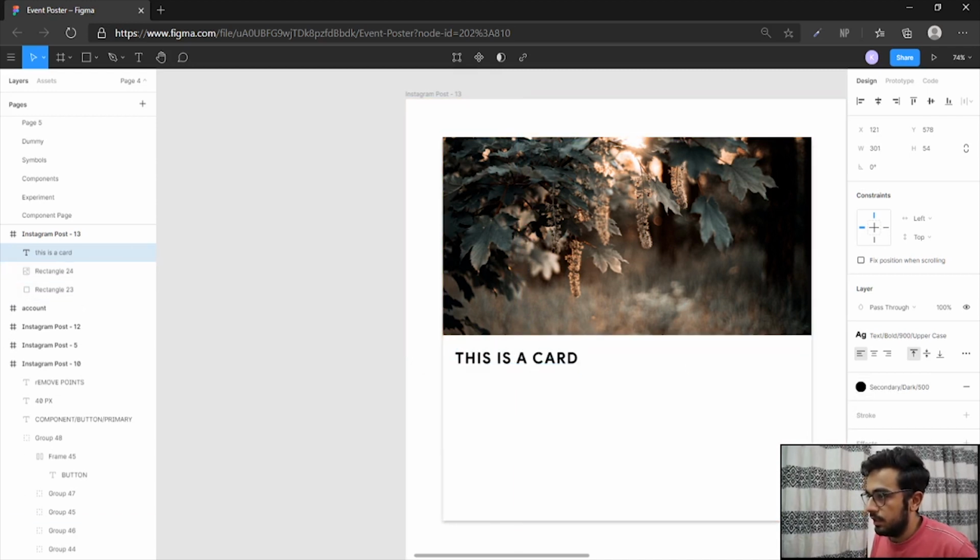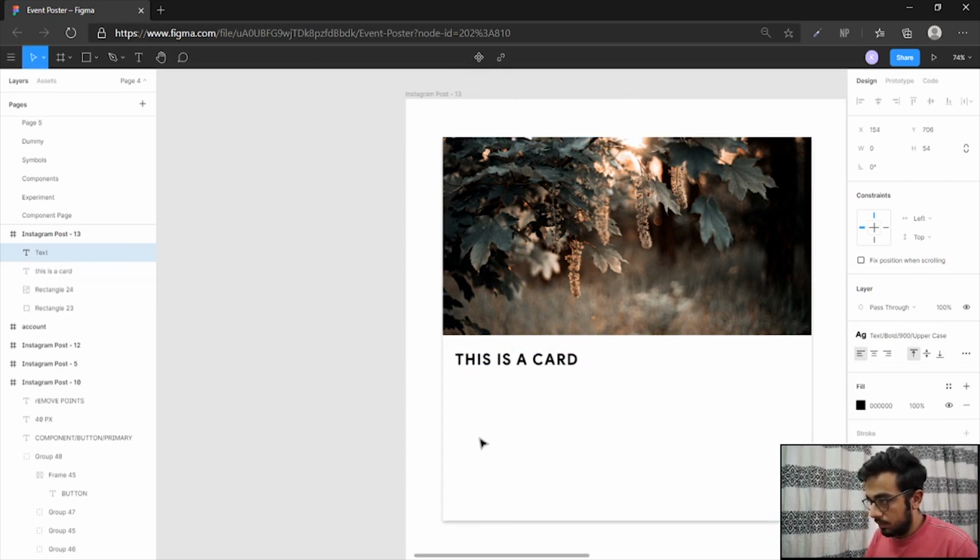So let us space it 30 from top and bottom. Okay, so now let's type in the helper text or the subtitle. This is the subtitle text.